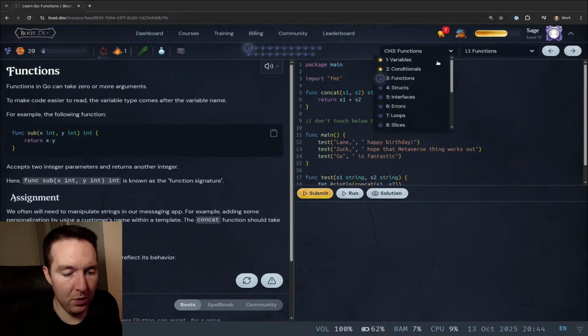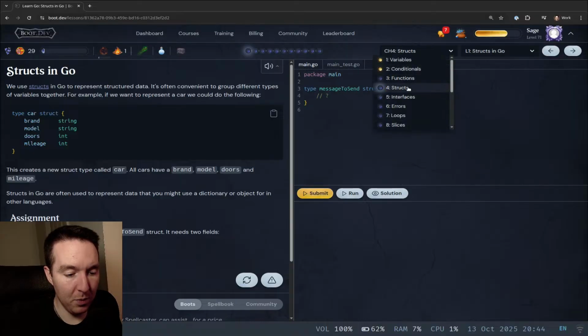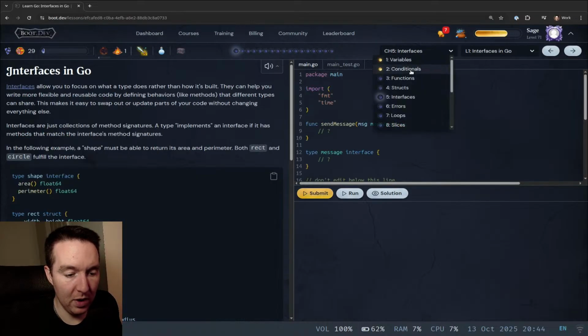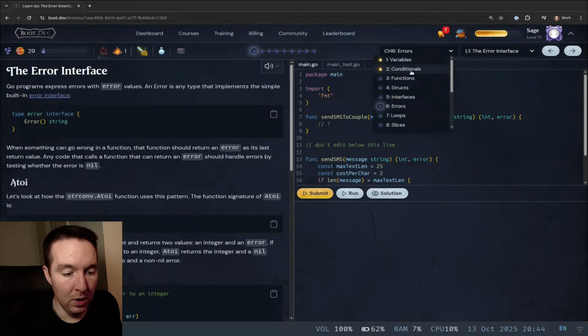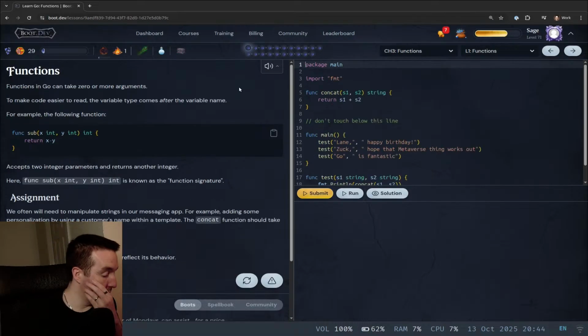Okay, so chapter 3, functions. What we're saying is we're going to try and get to chapter 6 tonight. Oh, blimey, some of them are a bit long. So let's see how we do. Interfaces, errors. Let's see how we do. Functions. Okay, so